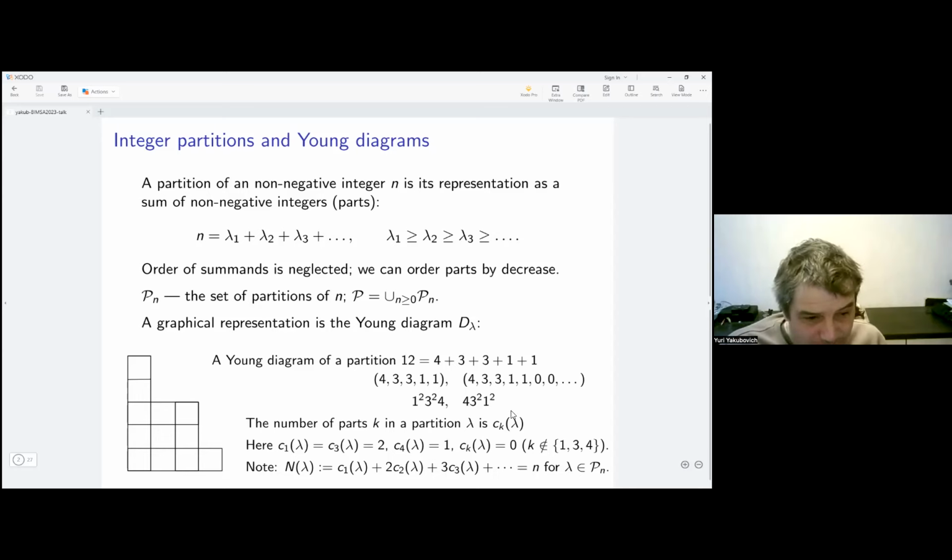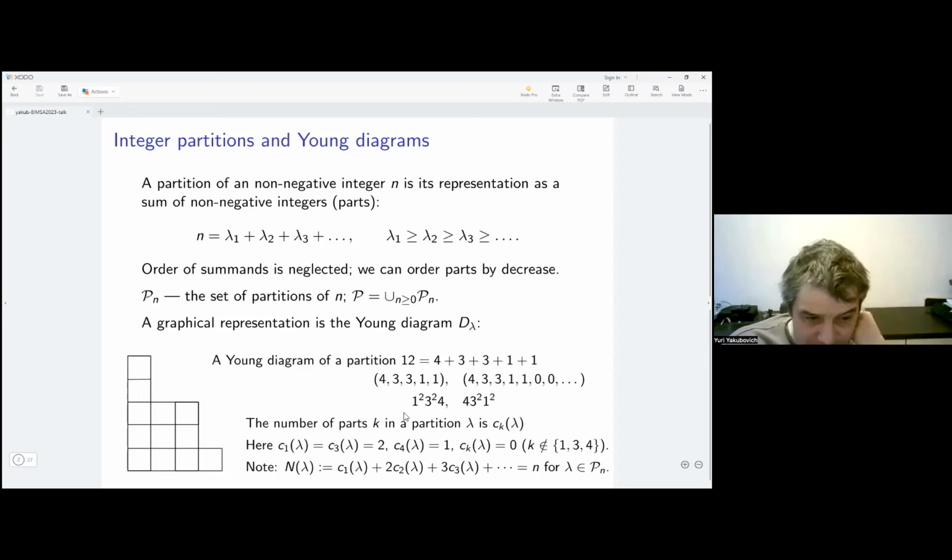Then we can denote this partition in at least four different ways. Either we can just list these parts, or we can prolong this list by an infinite sequence of zeros, or another way to